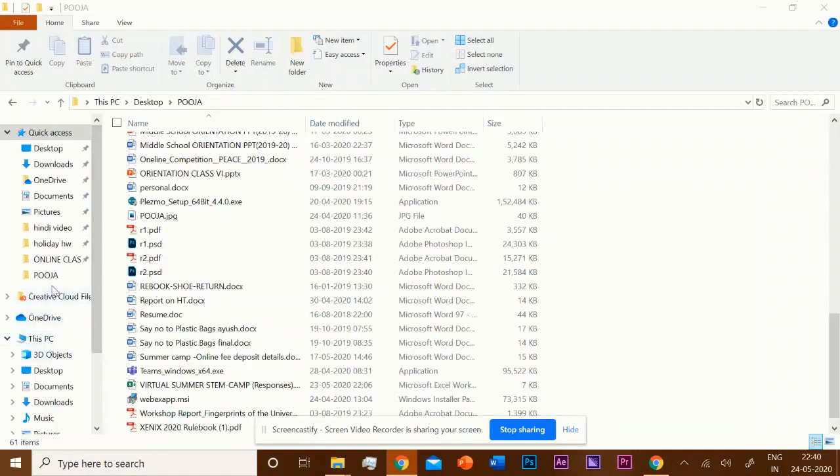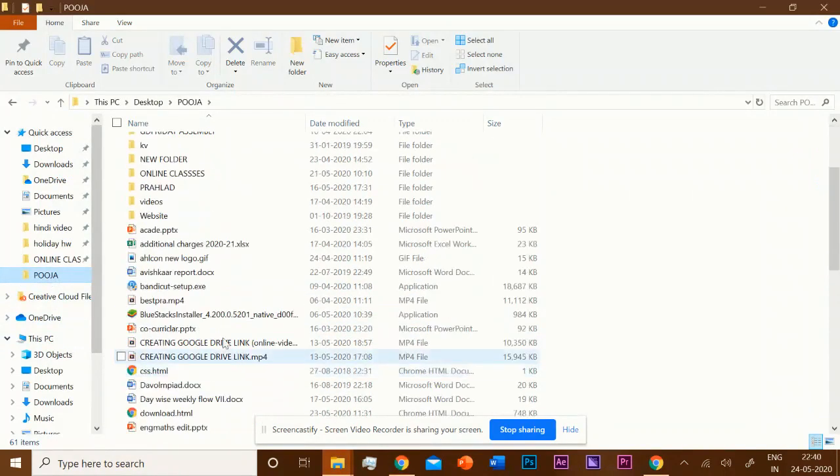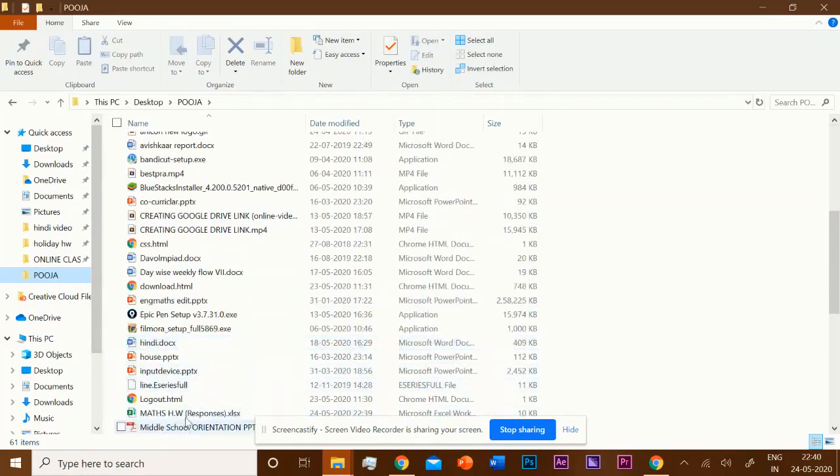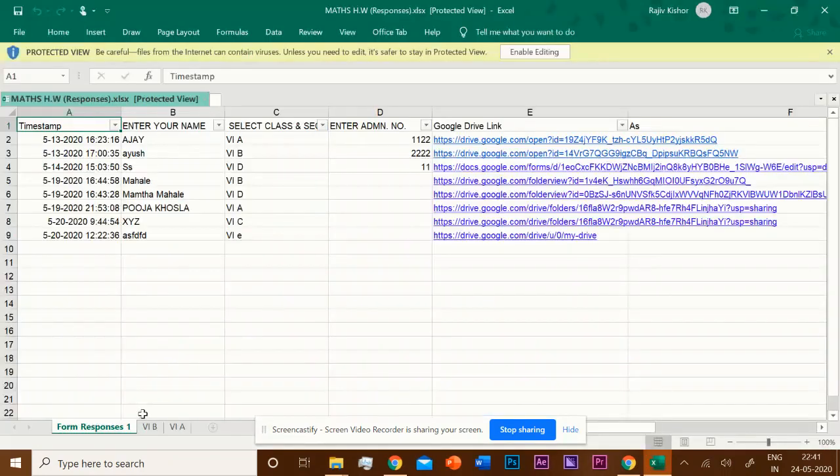Now I open this file from the Pooja folder in my system, the holiday homework file. I'm opening it. First time it will show you this option, Enable Editing.